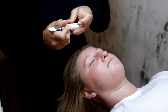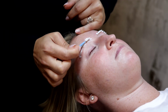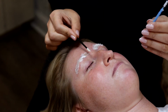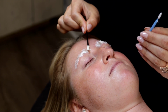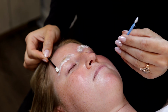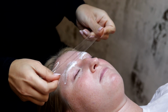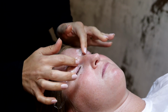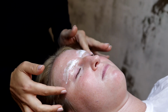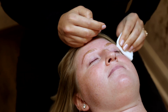And now we're going to apply step 2. Again, we're gonna apply this liberally, making sure we're working through the hair. I like to back comb and brush it through. This step here is so crucial. This is the step that's actually going to set the shape. So make sure the hair is in the desired position. Also, we wanna make sure we're following the 90, 45, 25, 0 degree rule. All the brows should not be sticking straight up at a 90-degree angle. And now we're going to remove that with a dry cotton round